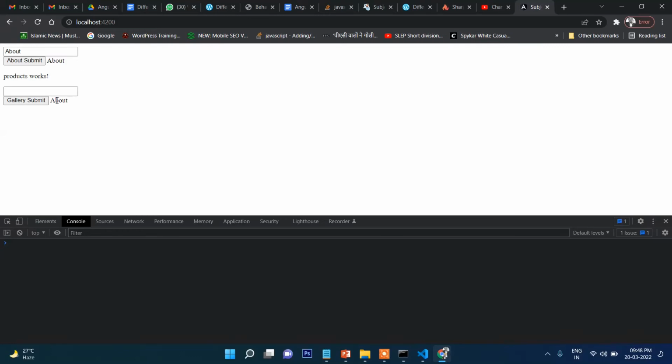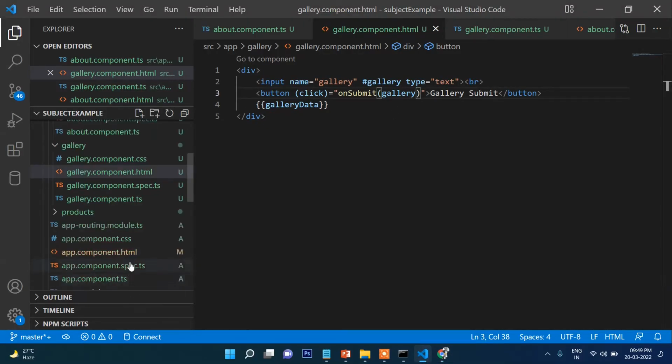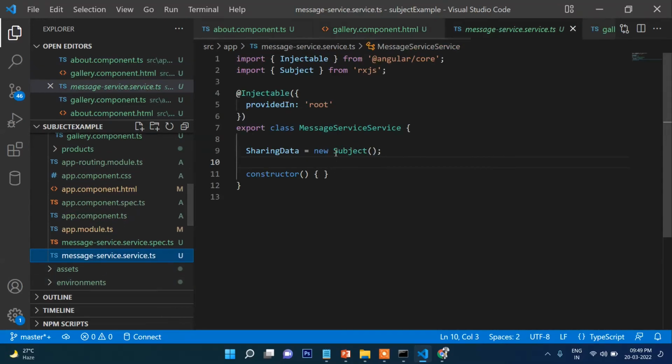In the same way, if I write here from gallery, then the gallery is available in this component as well as this component. As you can see, there is no direct relation between these components. That means there is no parent-child concept between these two components. Still, the data can be exchanged from one component to another component through this subject,